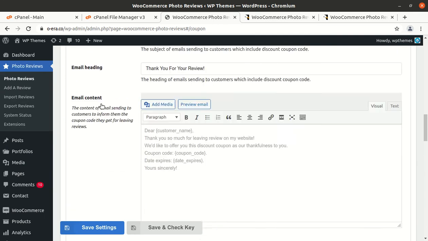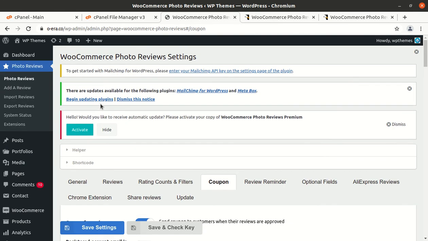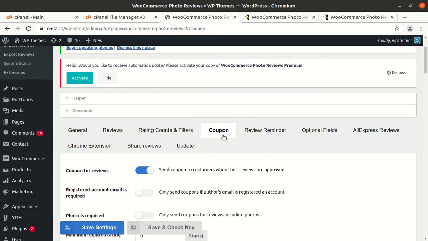So these are the coupon settings available in the WooCommerce Photo Reviews settings.